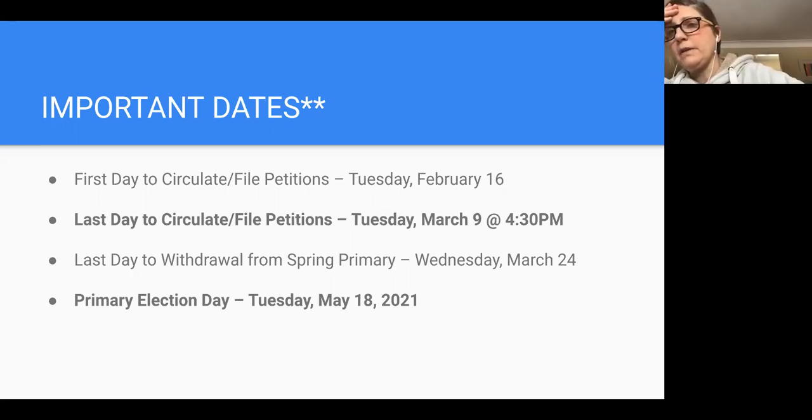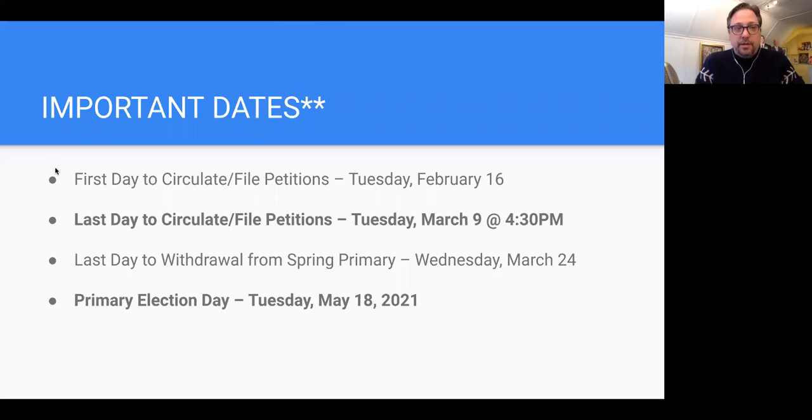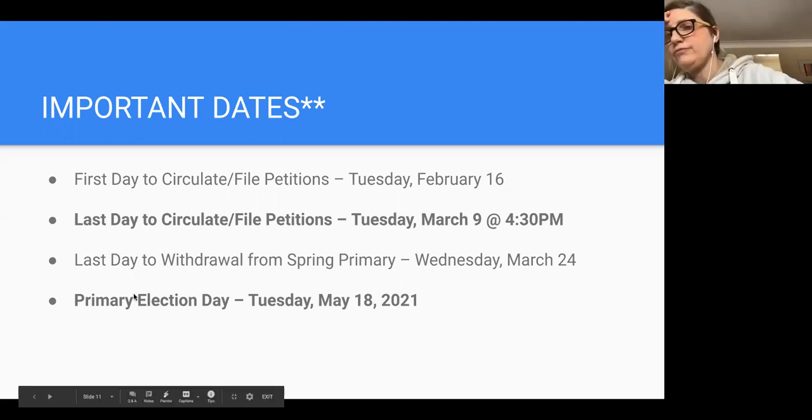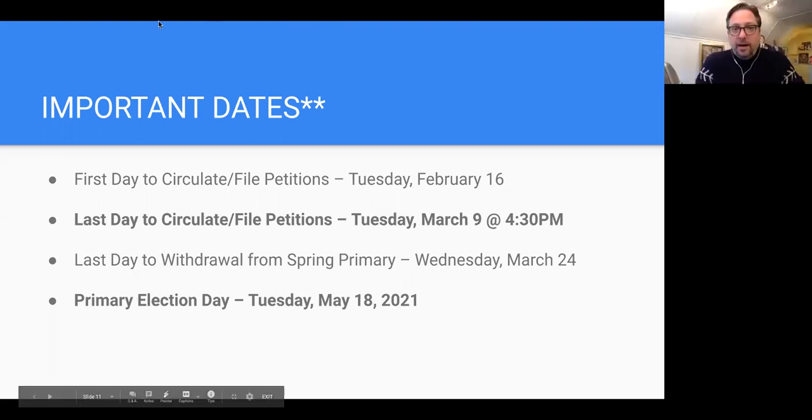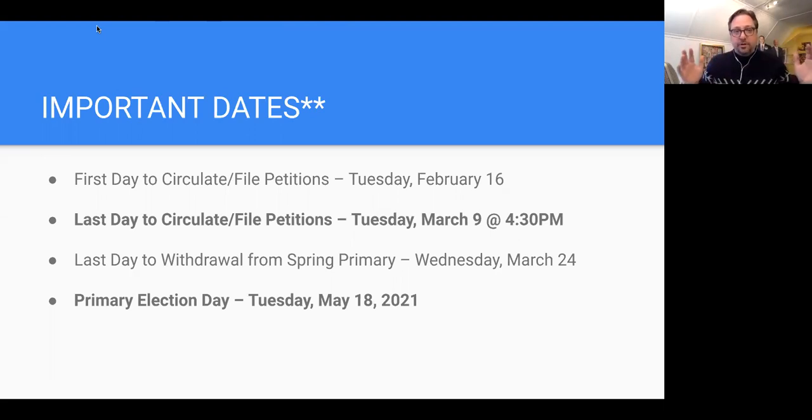I have a question, real quick, about the elections office. How are they operating under COVID? Are they open to the public so you can just go in normally, or do you call ahead and schedule something? The office is open. The courthouse is not generally open to the public right now. When you enter the courthouse and the sheriff's deputies are at security, you just tell them you are going to the elections office to pick up nominating petitions. They may ask what office, but they'll let you through security, and then you just proceed back to the elections office.